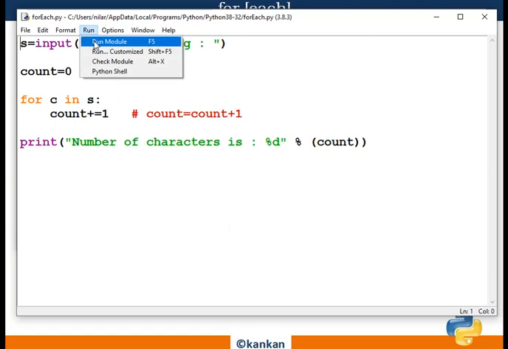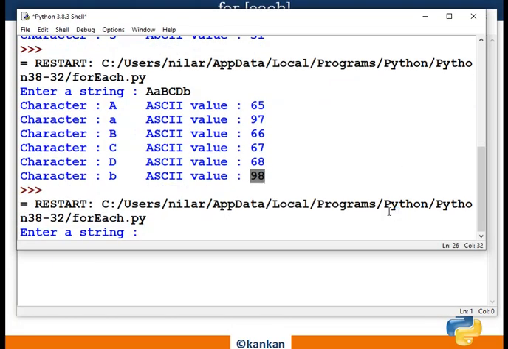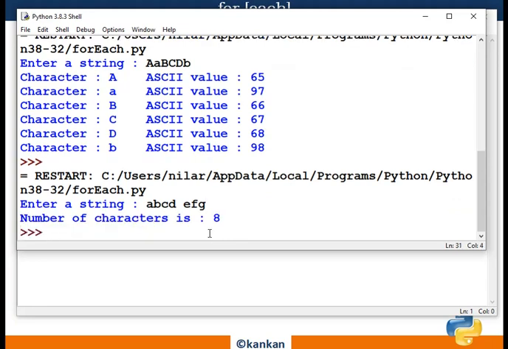Now enter a value: A B C D, a space, E F G. So 4 plus 1 plus 3, that is 7 characters. 4, white space 1, and 3, that is 8 characters there.